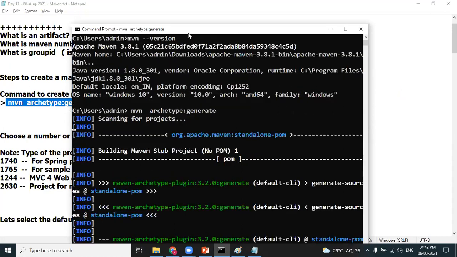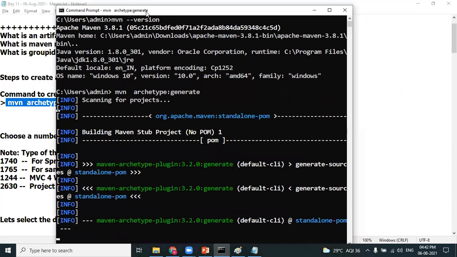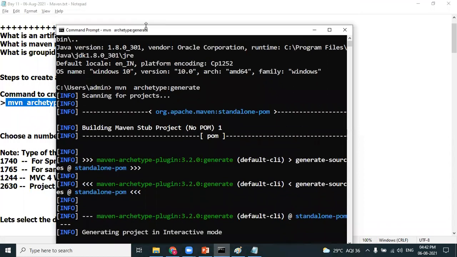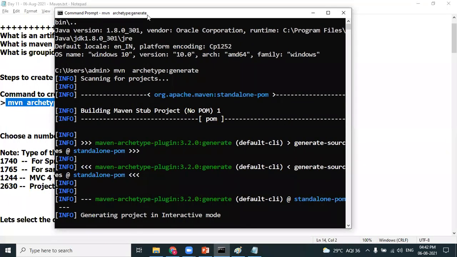Please experience this. Generating a project in the interactive mode. Let's wait.